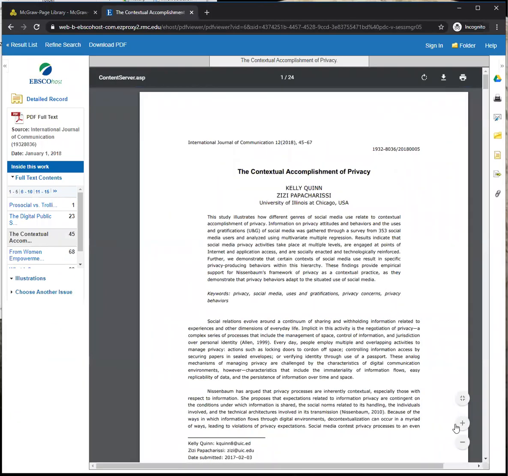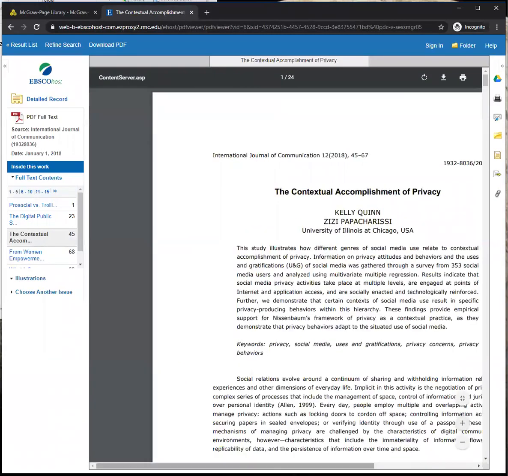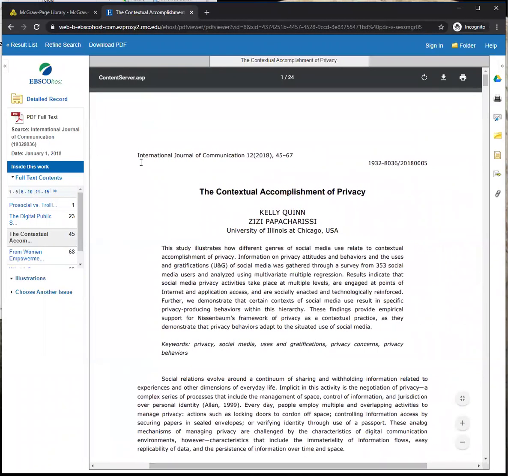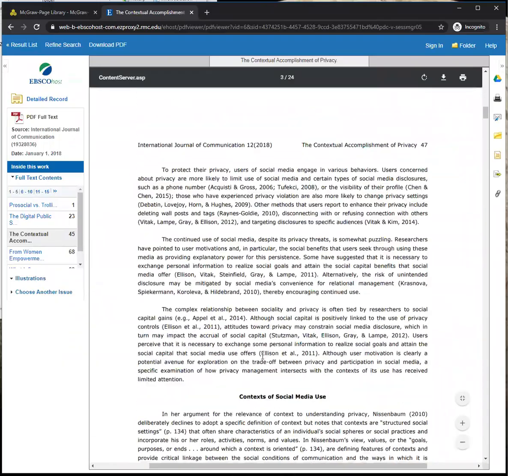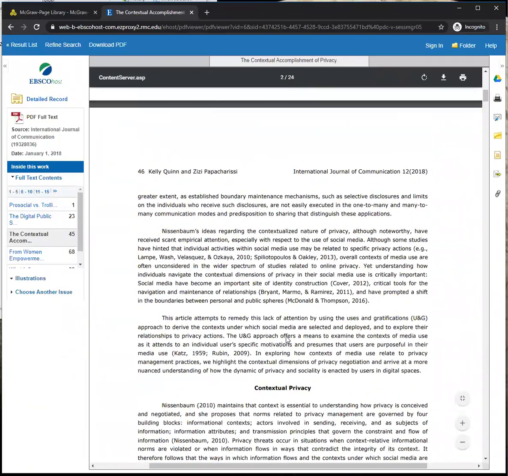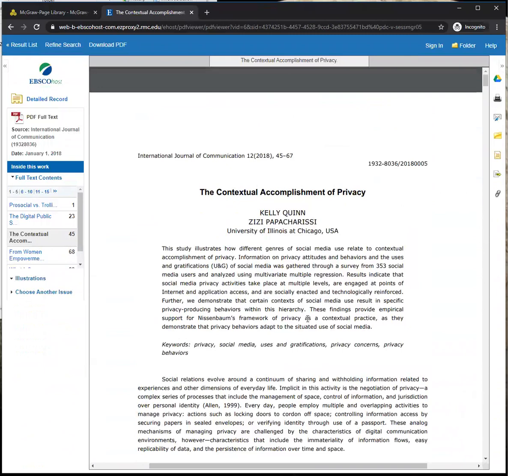Well, it certainly looks like a peer-reviewed source. How can we tell? Okay. So it is published in a journal. The researchers are associated with a research institution, in this case, university, and we have citations. Also, a little less important, the format looks like a peer-reviewed source. We have an abstract, we have the introduction, we have all the other sections, methodology, conclusions, and findings.